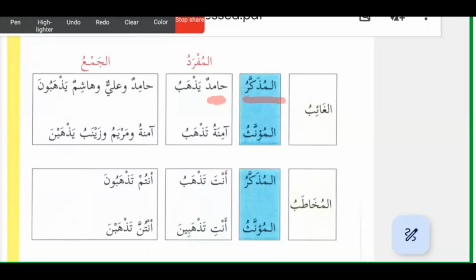So now the thing is there, it is yazhabu. And we know that the past tense is zahaba and the future tense is yazhabu. Zahaba means he went. Yazhabu means he goes, or he is going, or he will go. Either the present tense or the future tense. Like I told you, he goes